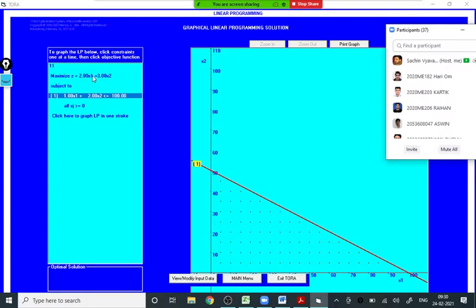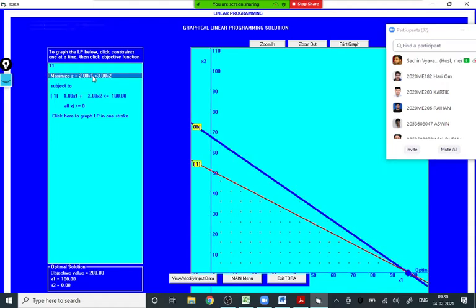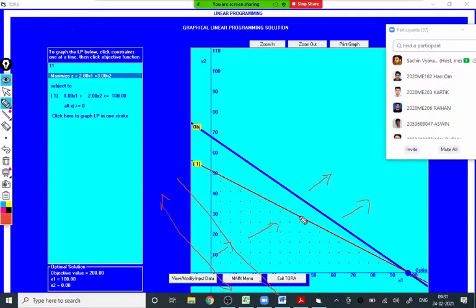Let me show you what happened. The straight line is drawn at some feasible point and then it is dragged away. Let me click again. Are you getting how the straight line is moving? We drew it first at the origin, this is the objective function z. Then at the next place, and the next place, and when it goes out of the feasible region, it reaches only one point.